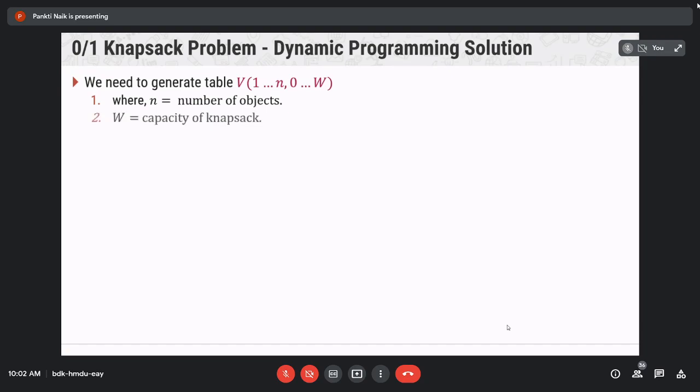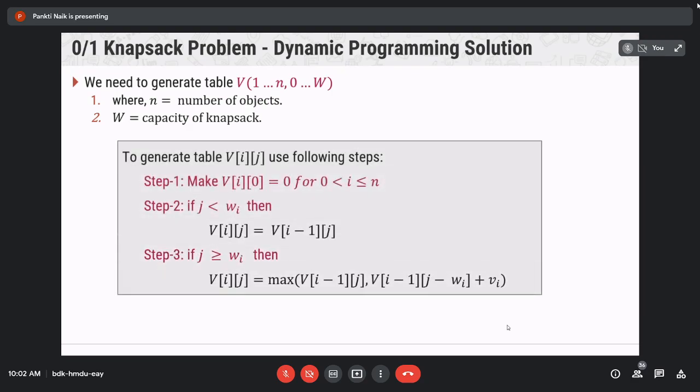Where n is the number of objects and W is the capacity of knapsack. Now this is the recurrence relation to generate the table V[i][j]. To generate the table, we have to follow these steps. All of you can write these steps in your notebook.